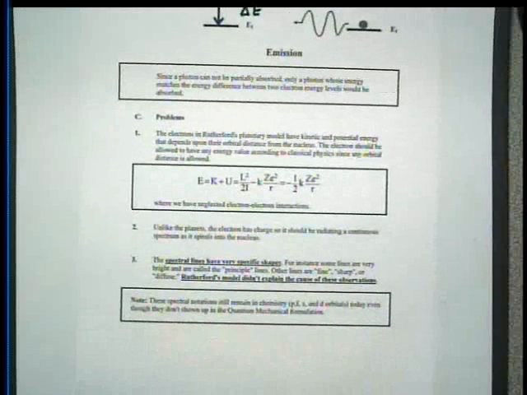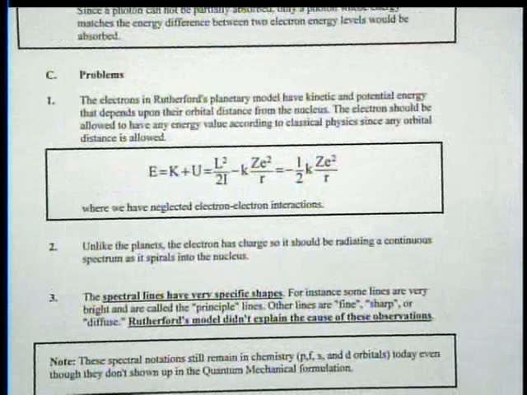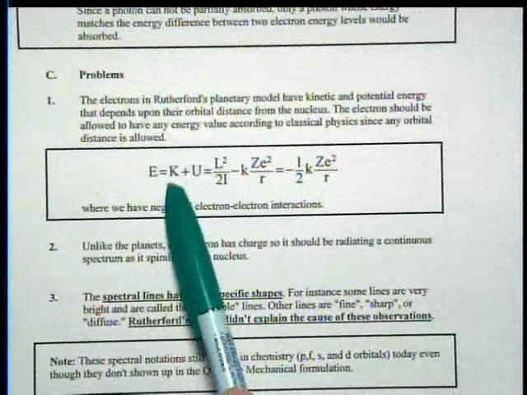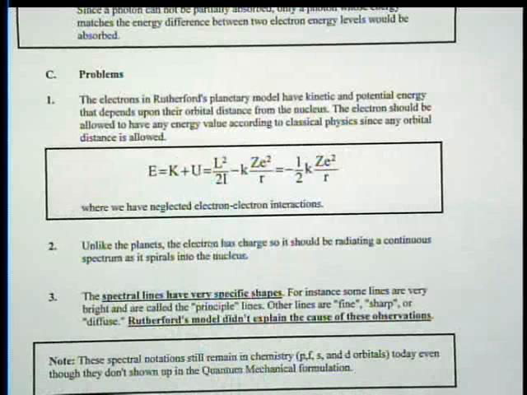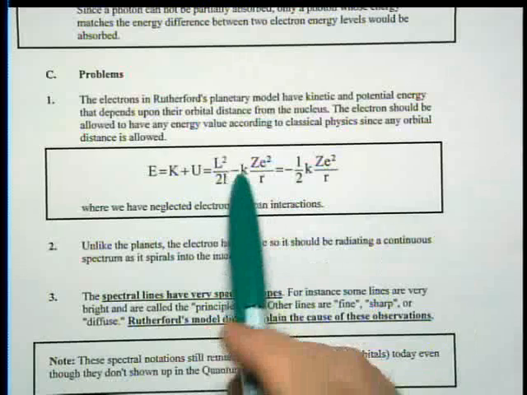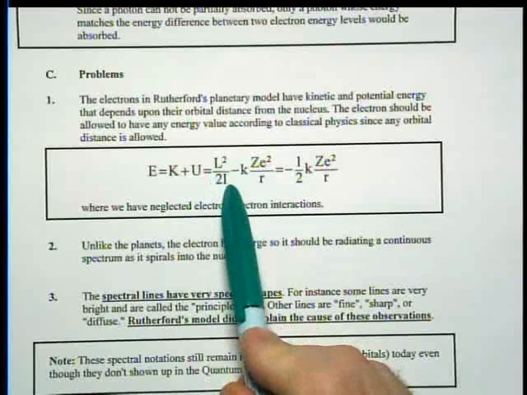His first thought is, well, he's got the Rutherford planetary model. And he knows in the planetary model that the energy of the electron has to be a combination of its kinetic and its potential. He also knows, as you should from Physics 1, that this is a rotational problem and you should be writing kinetic energy in terms of angular momentum, because it's conserved for a central force problem. So he knew immediately to write that as the angular momentum squared over 2 times the moment of inertia, and not to write it as 1/2 mv squared. Again, Physics 1, which you guys should know by now.